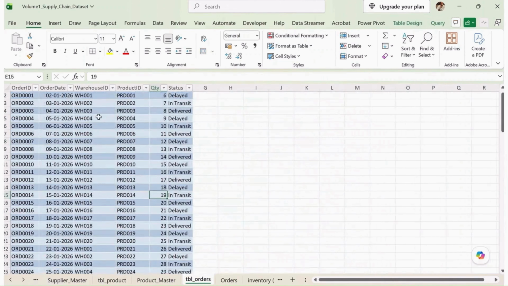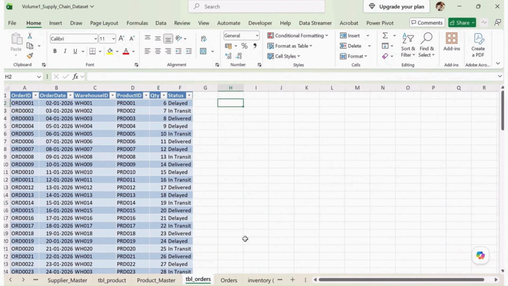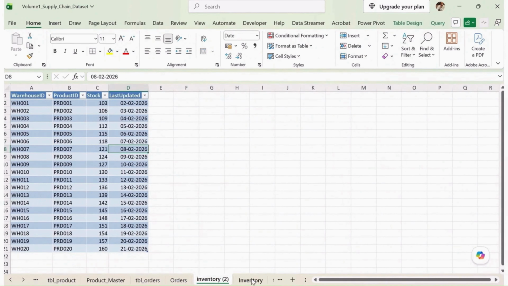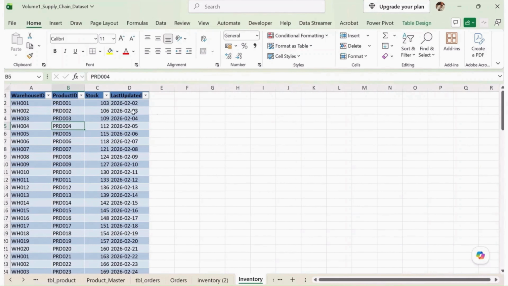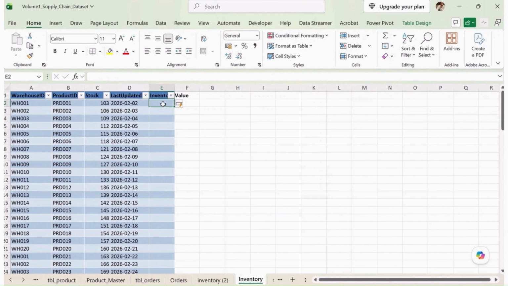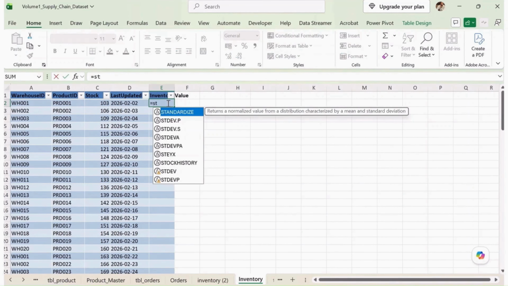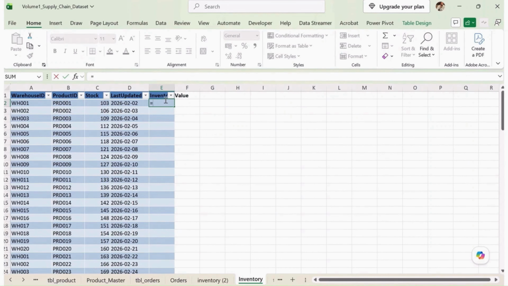Okay, now here I'll go at the top, perfect, I'll check what exactly I have over here. I have the stocks available over here. And suppose you want the values to be shown over here, in the inventory itself. I'll just simply go here in the inventory and I'll add the values over here. So let's say inventory value over here. And I'll add is equal to stock, which is equal to this stock, comma,